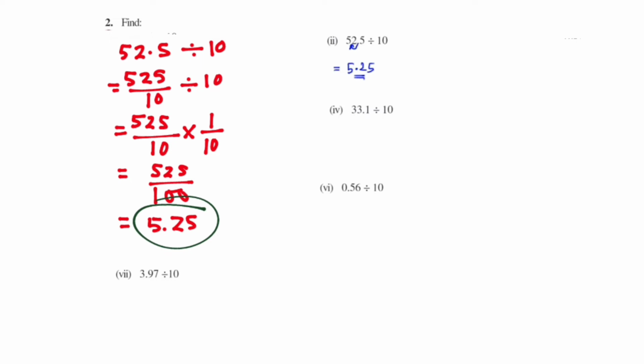We can also solve this by finding the reciprocal and by converting 0.5 into a fraction, as you can see here also. Understood how to do this type of question? You just need to keep small things in mind, like what to do if you see a power of 10. In the fourth part, 3.1 divided by 10. We have only one zero, so we'll shift this decimal to the right side, one place only because of 1 zero. So the answer will be 3.31. Right? Where 3 is the whole number and 31 is a decimal part.